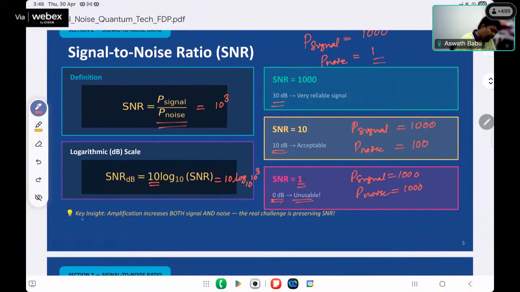So the key insight here is amplification increases both signal and the noise. So the real challenge is preserving SNR. What I am saying is, if it increases by an equal ratio, fine, we are through, because it is the ratio of both things. If the signal strength increases by 10 times, noise also increases by 10 times, fine, because it gets cancelled, our SNR is intact, and we can rely and sit in the range of reliable signal range